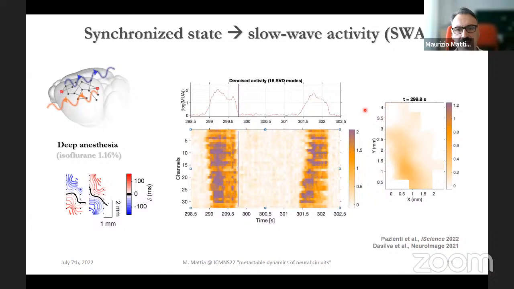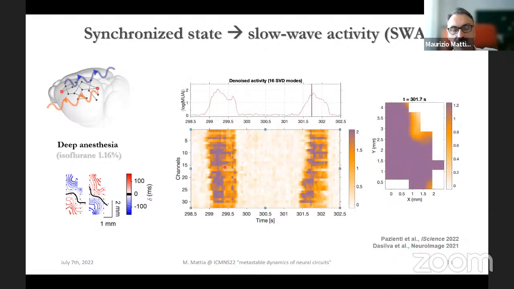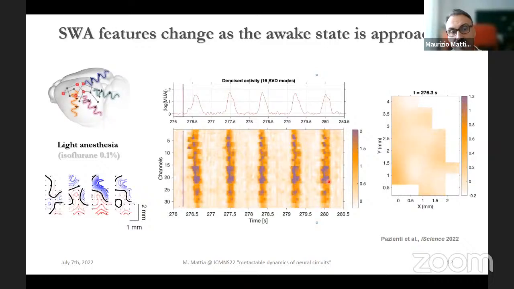But you have to consider that slow oscillations are a global phenomenon that involves the whole brain. This is an example of recordings coming again from the Mavis lab, in which each row is a channel on top of the cortex. And this is the way in which the upstates occur. Upstates actually occur as waves. You can see here how these waves occur. And depending on the level of anesthesia, these waves are shaped in a different way. In particular, when the anesthesia starts to be lighter, you see that the frequency of this slow oscillation is higher, and not only that, the pattern of these waves also starts to be richer.